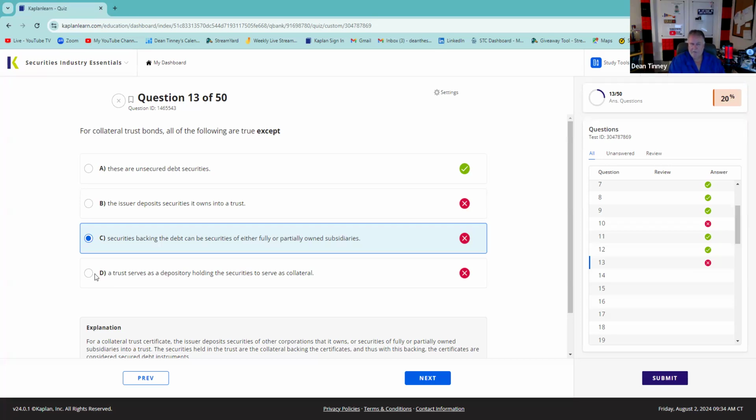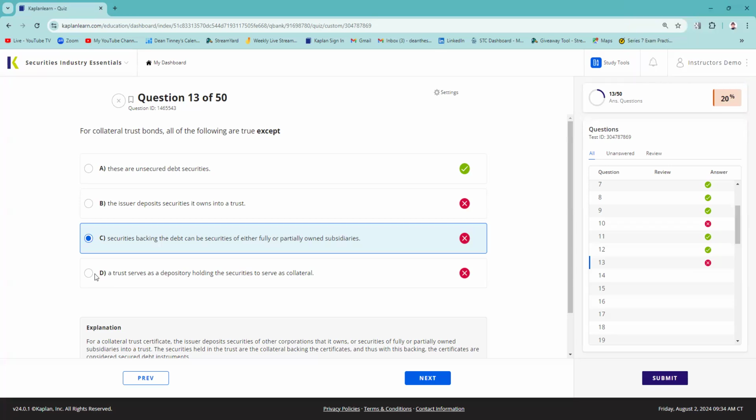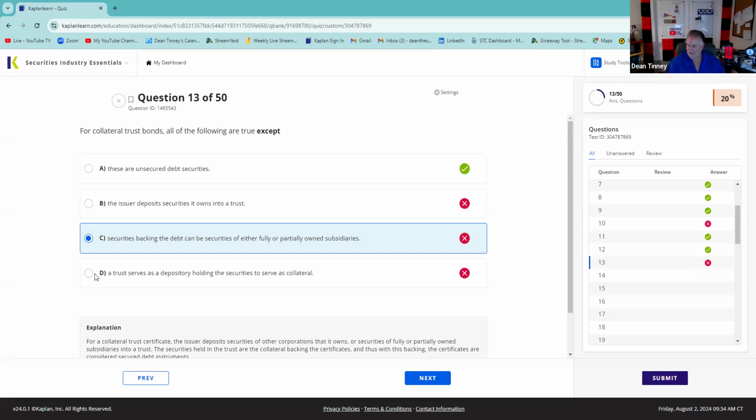So this is testing you on the types of securities a corporation may issue. A corporation may issue stock, and a corporation may issue bonds. In the bond category, they may choose to issue either secured bonds or unsecured bonds. So here, at one time, IBM owned a huge position in Intel, and they placed the Intel stock into an escrow account and borrowed against it and said, if we don't pay the interest and principal, we'll distribute this Intel stock to you.